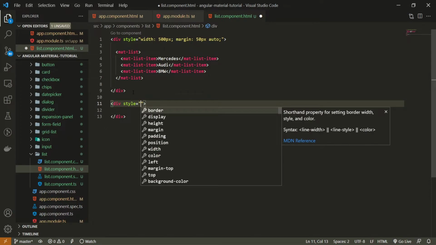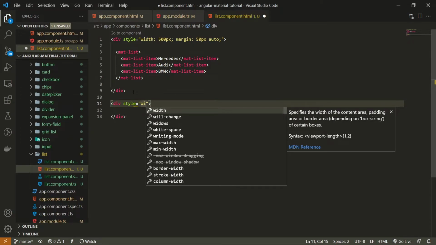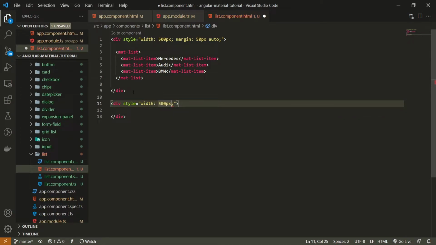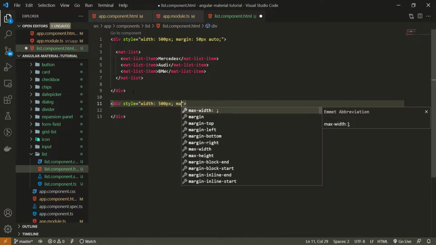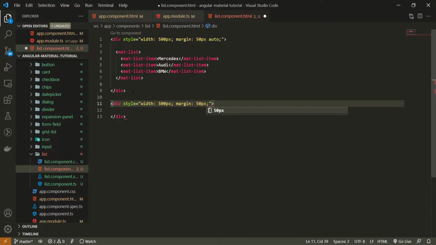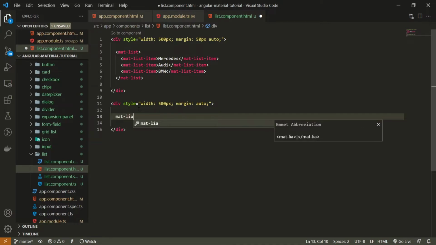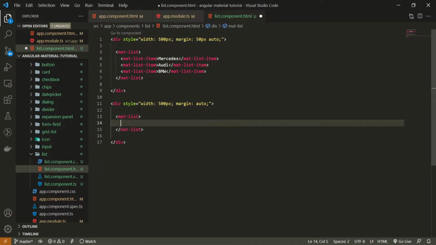I will pass a style property, attribute. I will set the width of it to be 500 pixels and also margin to be 50 pixels top and bottom, or we can just use auto itself and that should be enough. Now inside of this div I will create another mat list, but here now I won't use just the mat